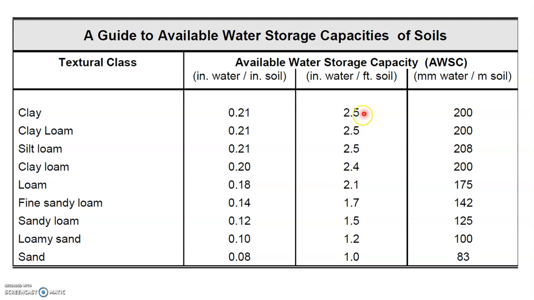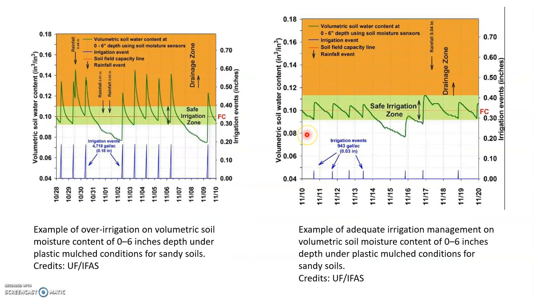And it is in different units. This is in feet, this is in meters. So we just need to convert from this to this level. We just multiply 0.21 by 2.54 and we will get this value. This is just a basic simple calculation. And again, this data is provided by the University of Florida. They have grown a crop in sandy soil, so they provided the data for that research.